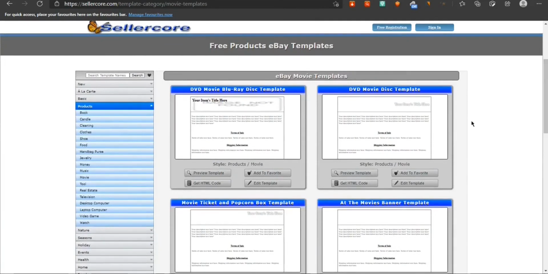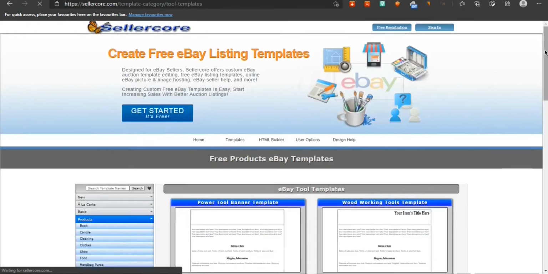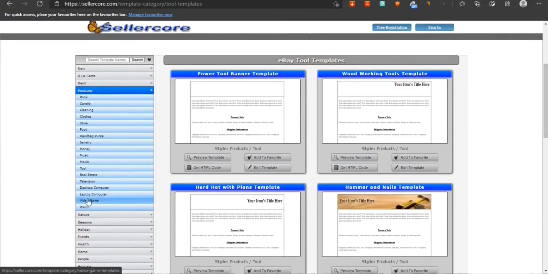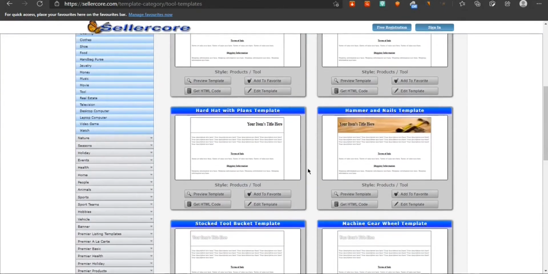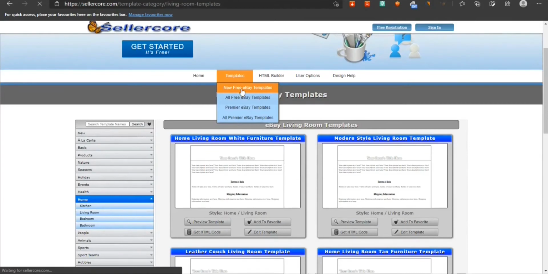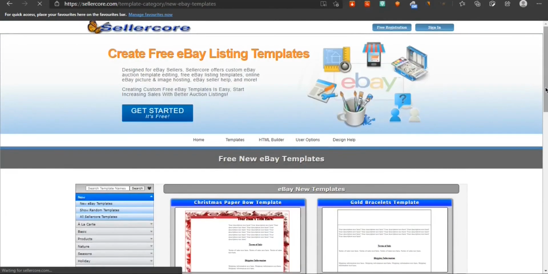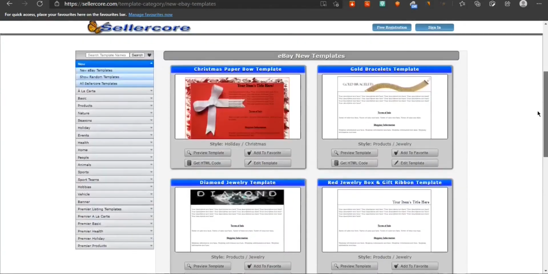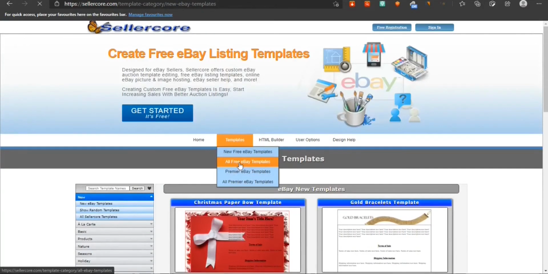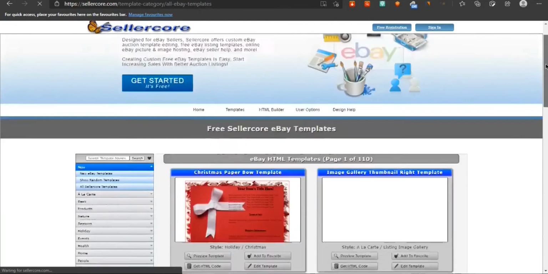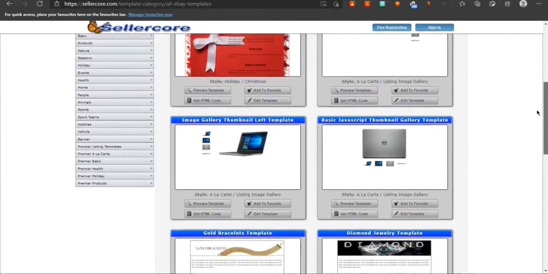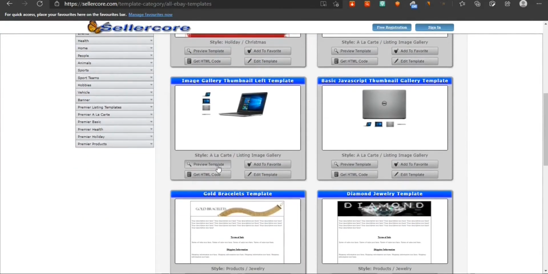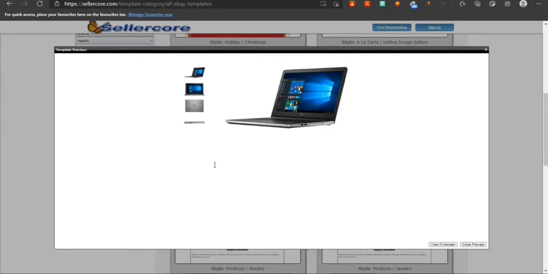You can edit these templates as you wish. Let's go for Premier eBay templates.